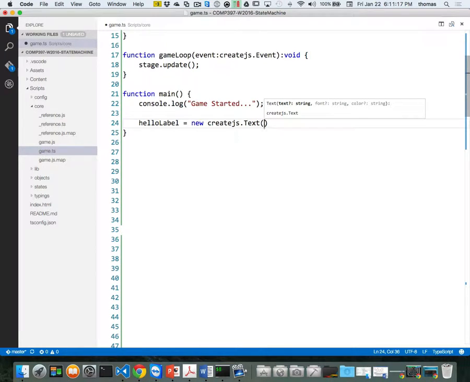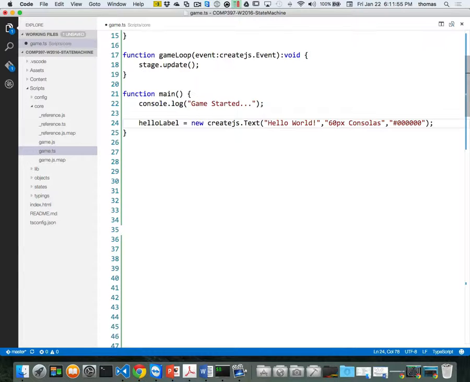Let's put all that stuff in. So we'll say my text is "Hello World". My font, and this is how you do this, is let's say 60px Consolas. I'm going to call it the Consolas font. You can use whatever font you like. That's a system font for you. And then my color in hexadecimal. So what would that be? Pound, I want to make it black, 000000. That's all I need. That's the stuff I need to make my text. It's there, but it's not going to show up because I need to add it to the stage as a